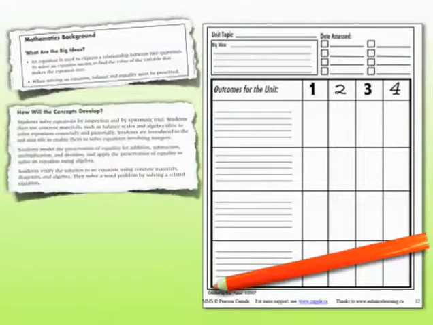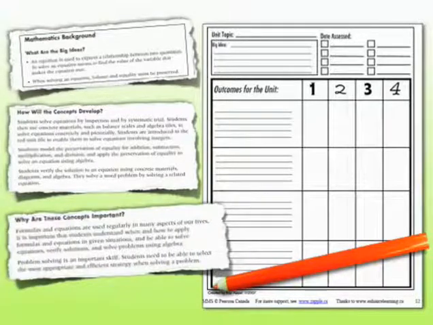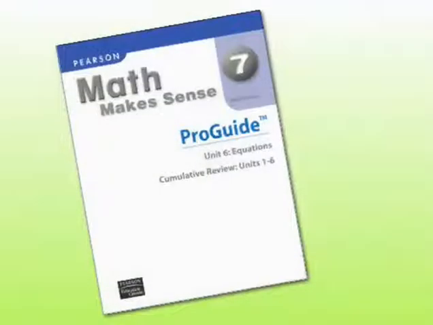So I look in the resource and I see, what are the big ideas? That's cool. And how will the concepts develop? That's laid out for me. And why are these concepts important? Now, if I can't find it in the resource, I'm going to find it on my own. I'm going to think about that before I get involved with the kids and learning with this because I think it's really, really important. So I grab a teacher guide